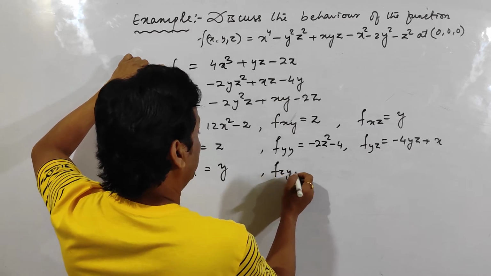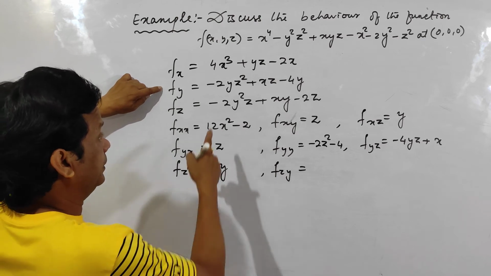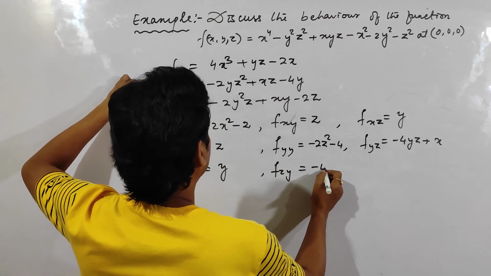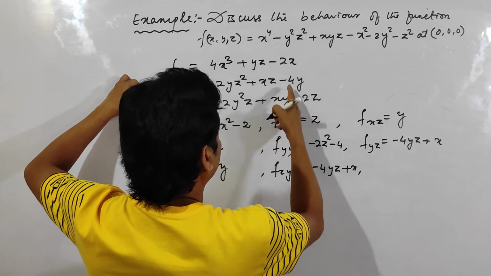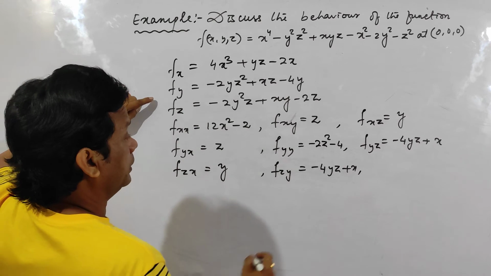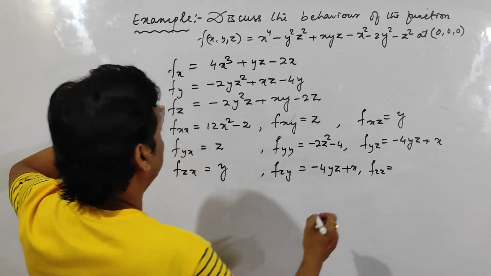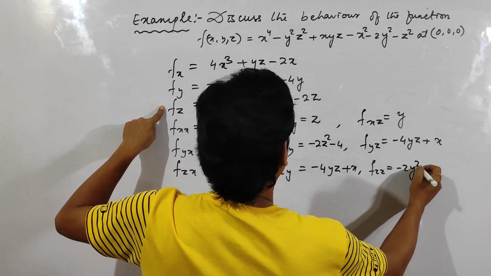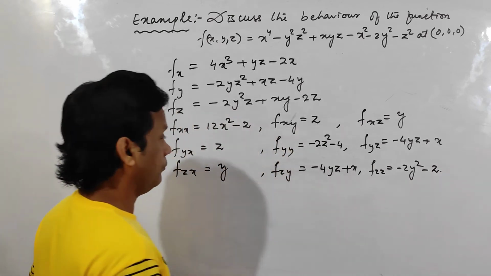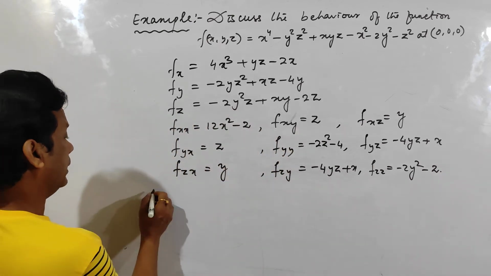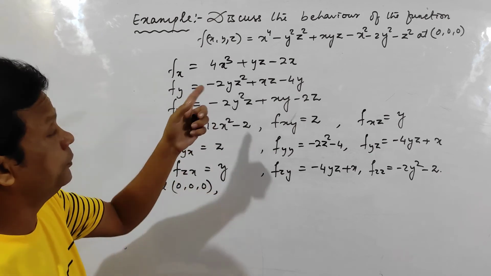Fzy, this one we have to differentiate with respect to z. It is minus 4yz. This one is plus x, and this one is 0. And fzz, this one is minus 2y square with respect to z. This one is 0, this one is minus 2. Clear? Now at 0 0 0, your second point, if you put x is equal to 0, y is equal